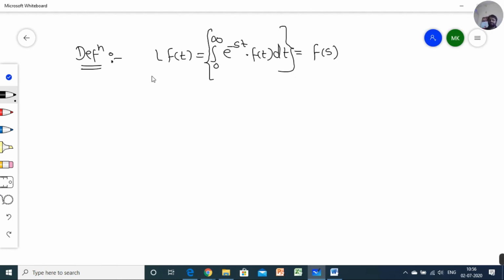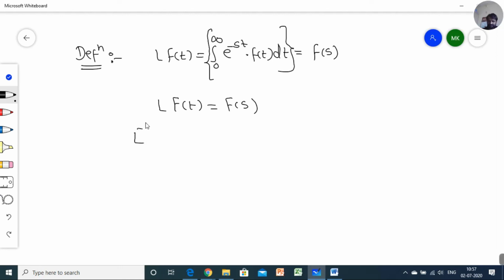These things are not required in each question or each time whenever we have to explain. Just basic things, or we can say in a short way, Laplace of f of t is equal to F of s. So please remember, Laplace of f of t is equal to F of s. Just you have to transfer this part here.